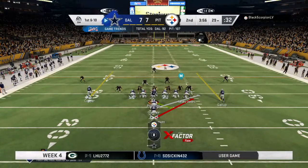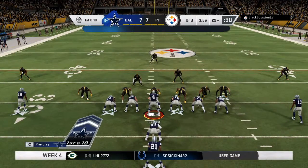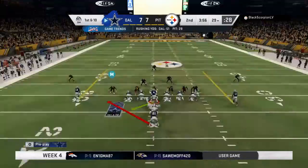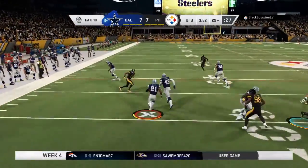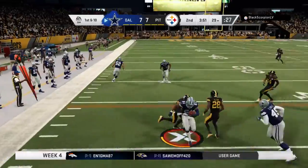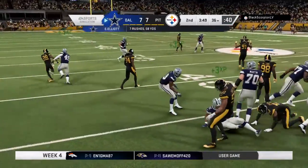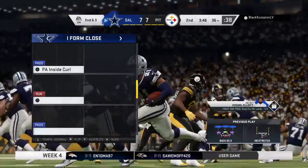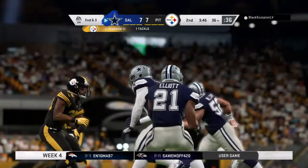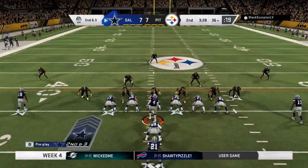About set for this next drive by the Cowboys offense. Last time out, they had that long 50-plus yard field goal that they missed. And I'm sure on their sideline they're thinking to themselves, okay, do we still want to try one if we're in that position again? And I would dare say that the answer would be yes. They're going to have a lot of confidence in their kicker. But just to be on the safe side, I'm sure they told their offensive guys, can we get a little bit closer this